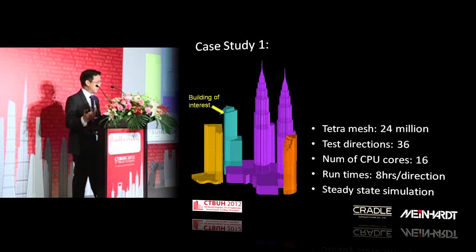But just looking at some raw statistics, they did all 36 directions. Congratulations to them. They did about 8 hours per direction. So these are not unreasonable run times. And naturally, if you were to do it in-house, you would not test all 36 directions. You would test the critical directions, which you can observe from the surrounding geometry.